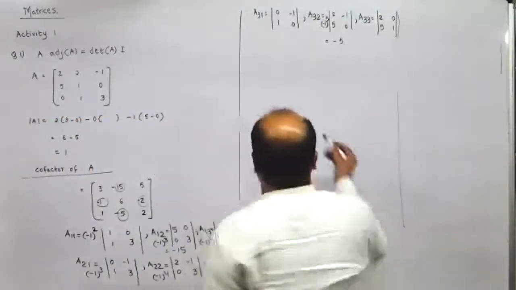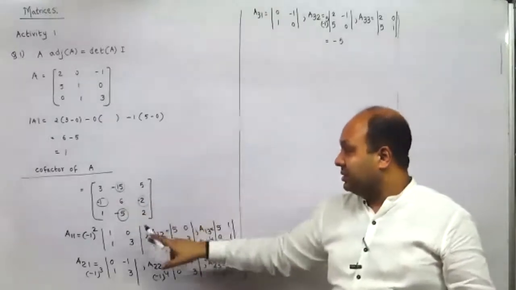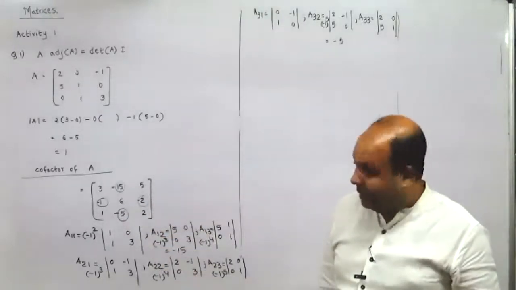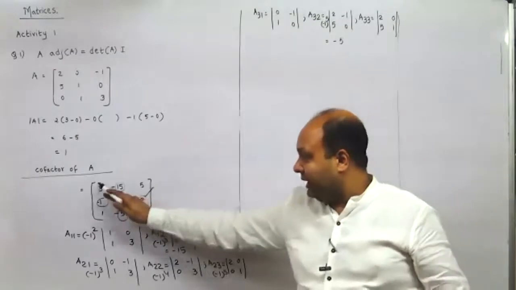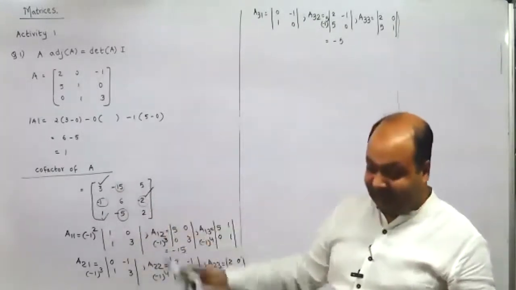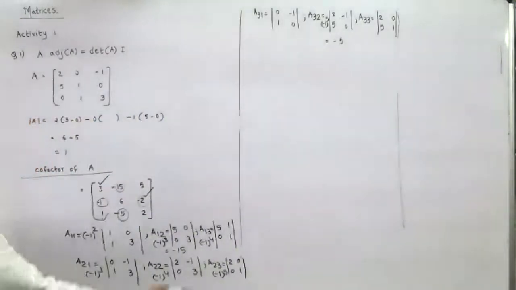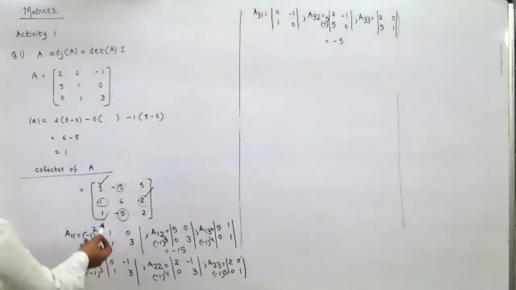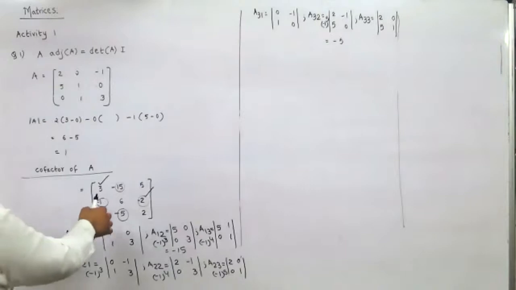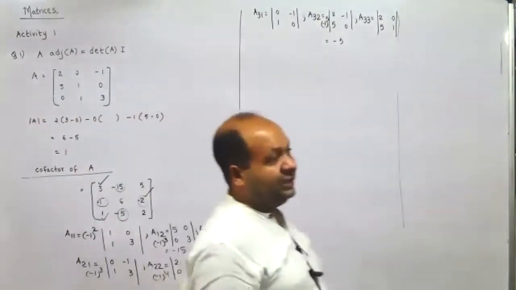Okay. Good. So now what is cofactor matrix? It is this. They have given this value 3, minus 2, they have given 1, and they have asked you for the remaining values. Then they have asked you for adjoint. What is adjoint? Once you get the cofactor, the rows and columns have to be interchanged to get adjoint.